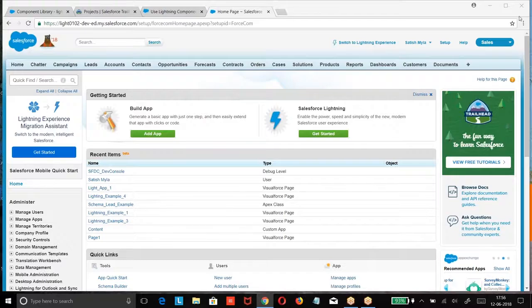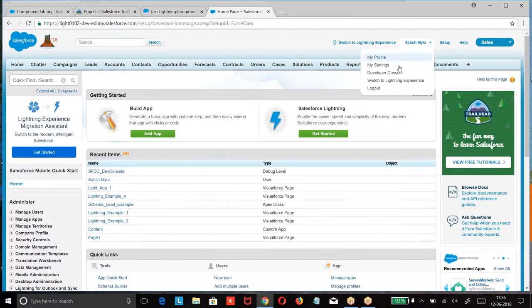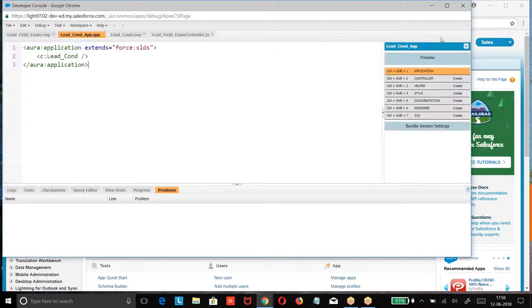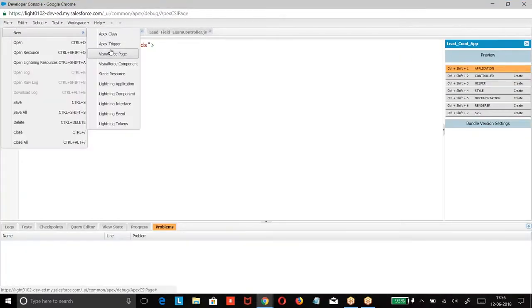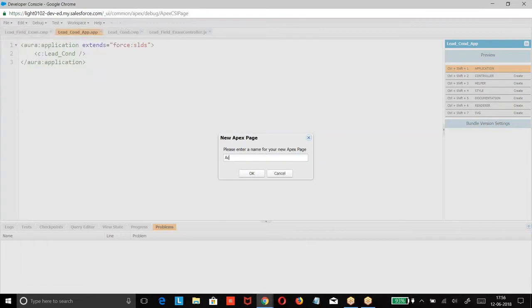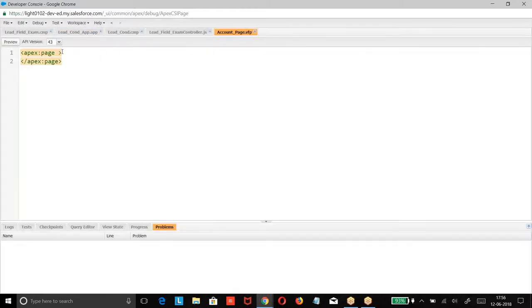So generally, if you want to refer to the properties of an sObject straight away in Visualforce, then what do I do? We take an account page. We give standardController equal to account. Here we will be referring